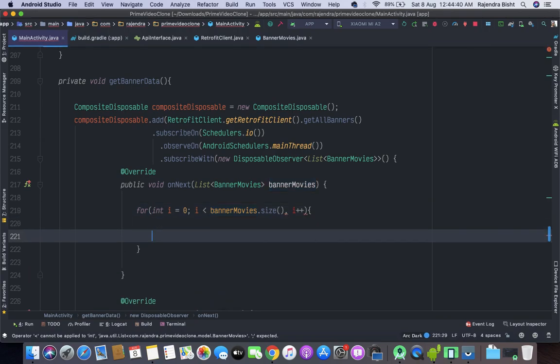Now inside the for loop I will add the if else condition which is based on the banner category ID.